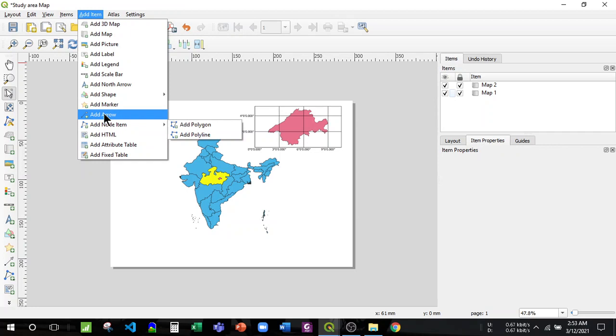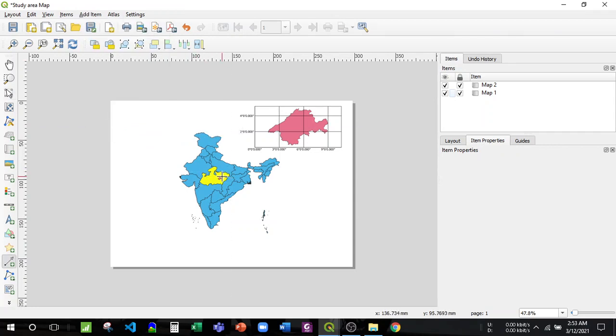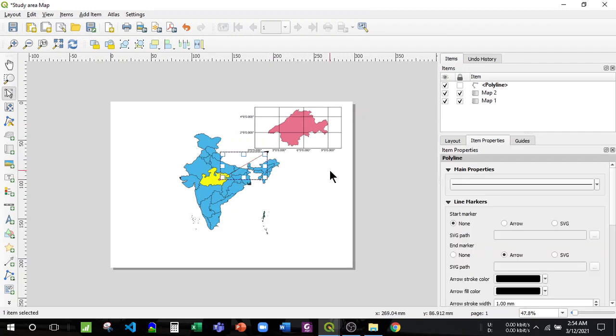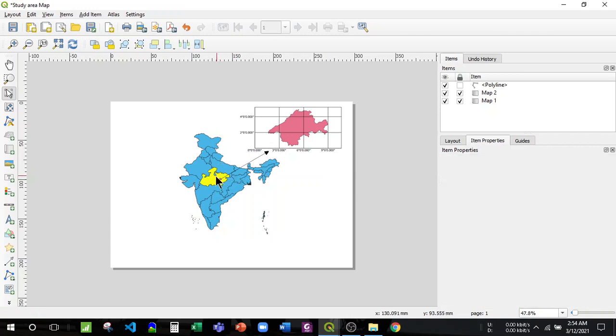There is an option called arrow, so you have to left click just once here, and then left click here, and then right click. See, it will show like this.